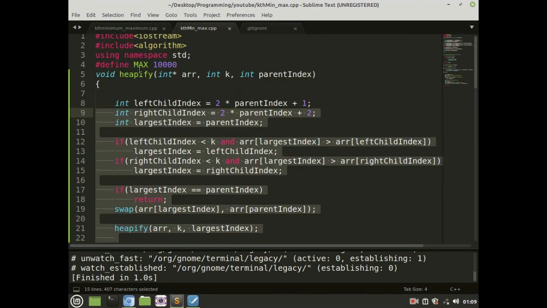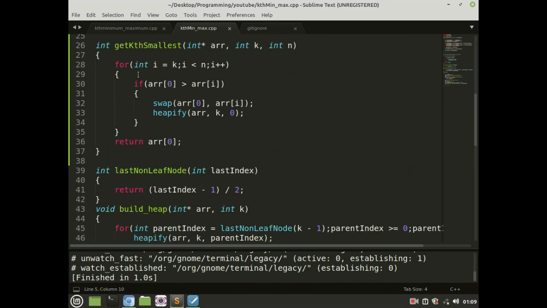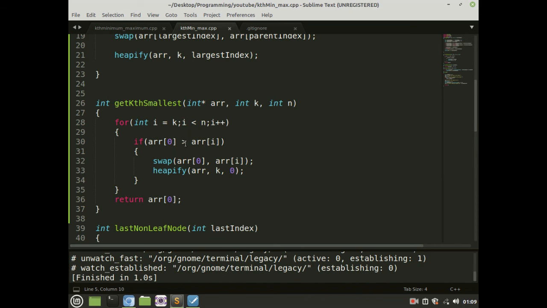After creating a min heap from the first k indices of our array, we have to make a change in this function. Instead of checking whether arr of 0 is greater than arr of I, we have to check whether arr of 0 is less than arr of I. So just changing these three things, our code is configured to find the kth largest element instead of the kth smallest. Now let's verify that.